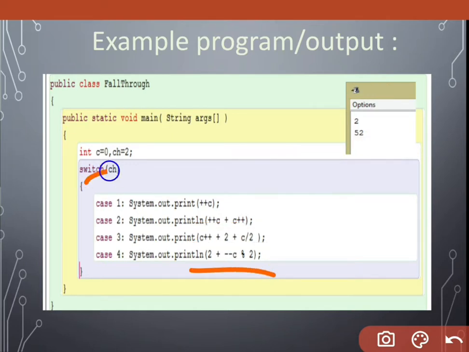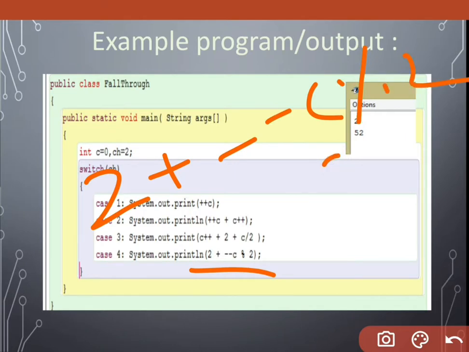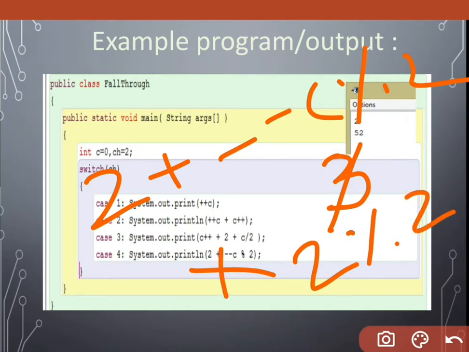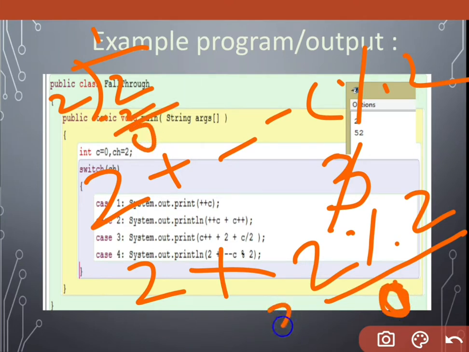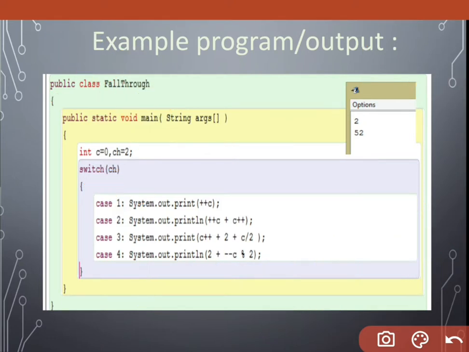From here, if I'm writing 2 plus --c mod 2, it means we have to decrease 3 by 1, so it becomes 2, means 2 mod 2 plus 2. 2 mod 2 is 0 because 2 divided by 2, 2 ones are 2 and we are getting 0 here. 2 plus 0 is 2. That's why we are displaying 2 here.